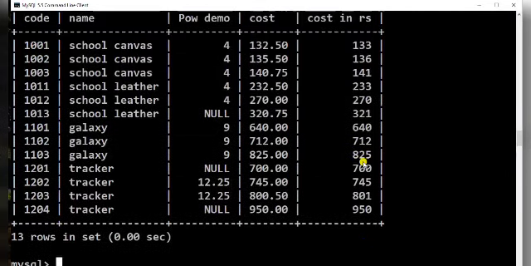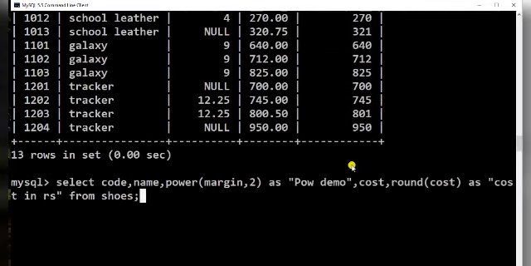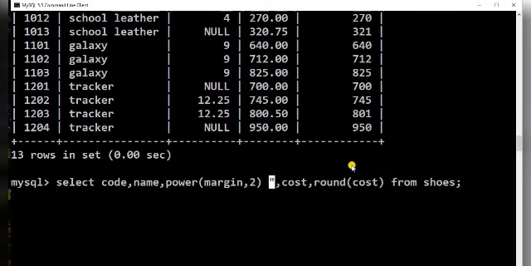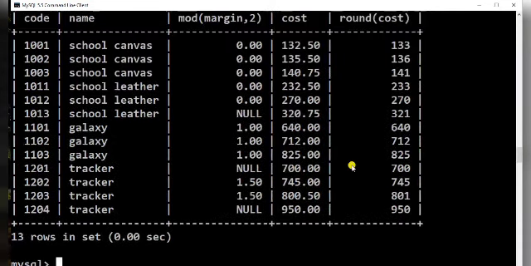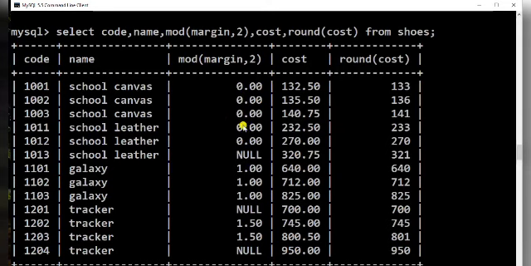Now let us see the mod function. In the same query I am making a little bit of changes. I don't want the column alias here, and I don't want the column alias here also this time. Instead of power, I am using mod. Mod gives you the remainder. So let us see what will be the output. It has given you 0 remainder.